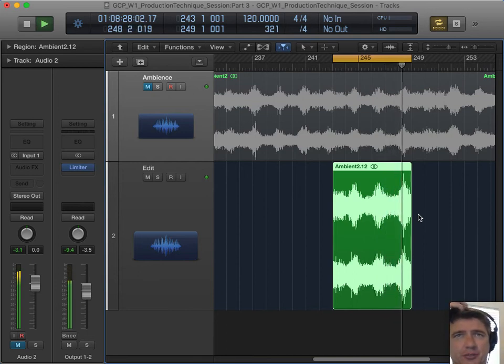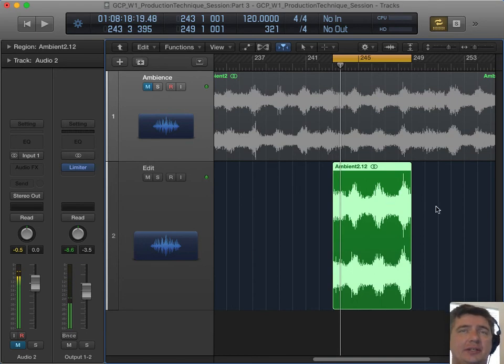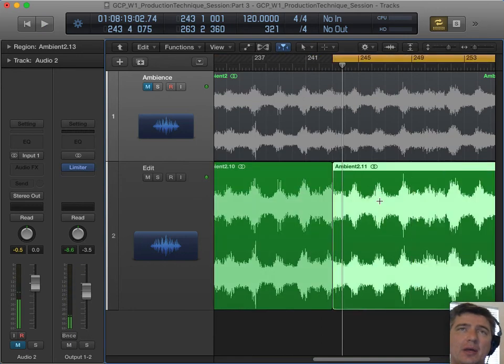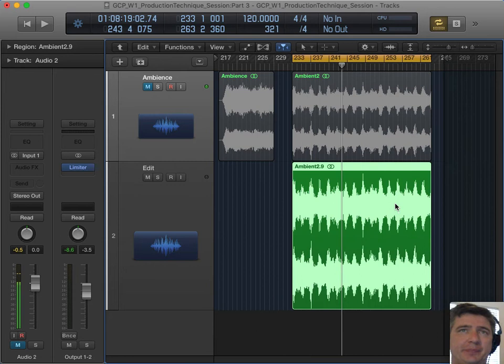All right, let's check the loop. All right, very sudden change. Sudden change in pitch and volume. Doesn't sound good as it switches around. It becomes very obvious where the loop is. So we want to make this loop. And it's kind of a quick and easy approach to make most anything loop.